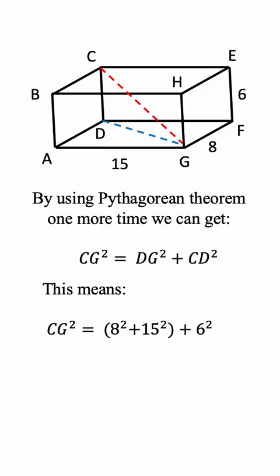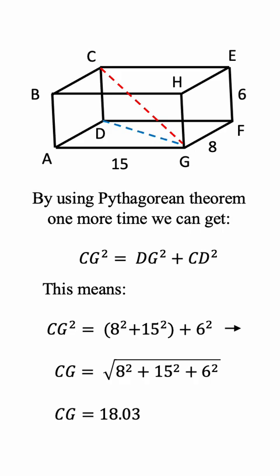Then, taking the square root of the right side of the equation, you will get CG equal to this one. And as the length cannot be negative, we only consider the positive sign of these square roots. So this gives us CG equal to